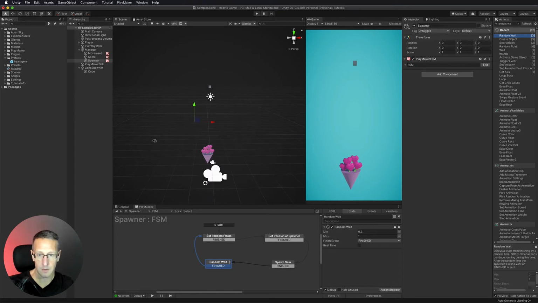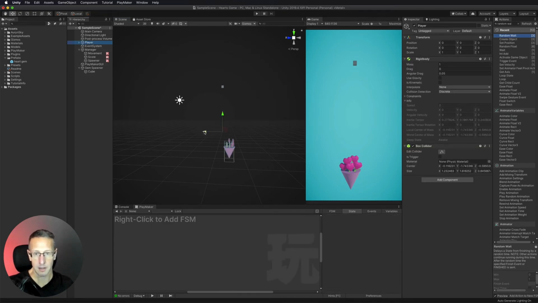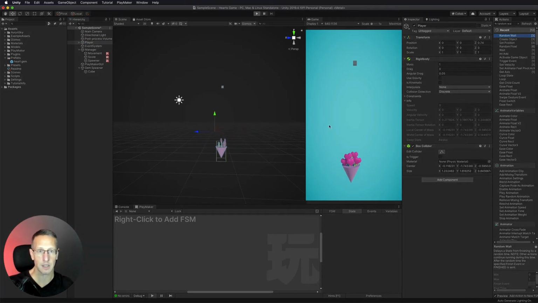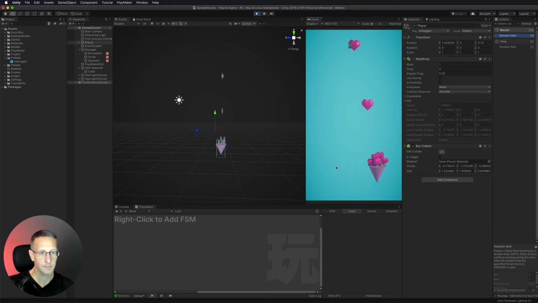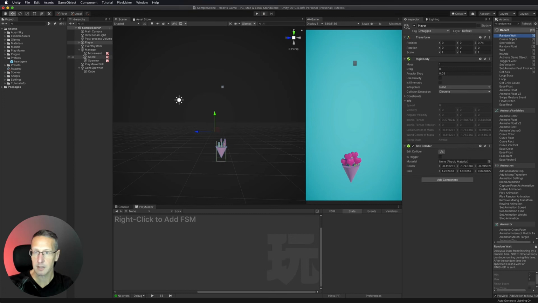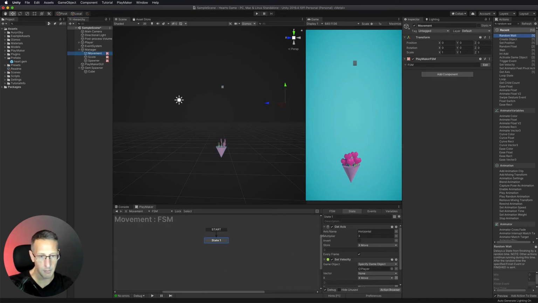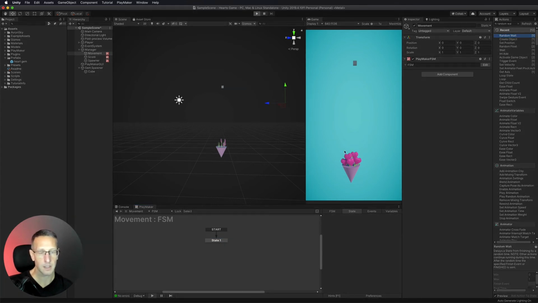spawn is not in line with my player. So I think the easiest thing is just to move my player back a little bit, just so we can make sure we're on the same plane. So let's give that a try real quick. There we go. That's working. And I think my movement is just a little bit slow. So let's go ahead and up the multiplier of that. Let's up that to 5 maybe. Give that a try real quick.